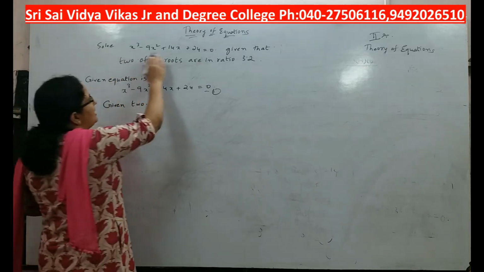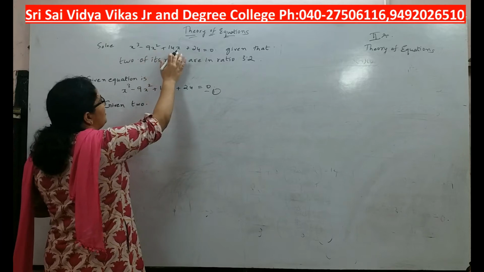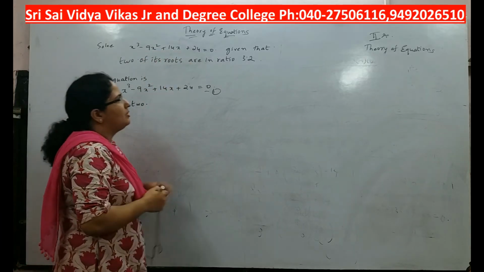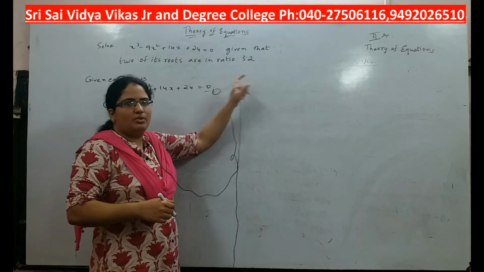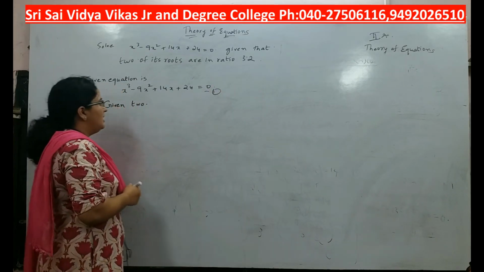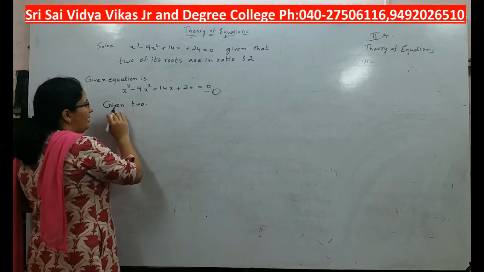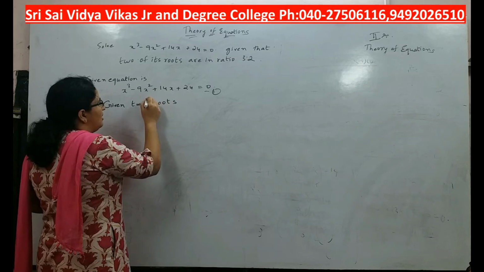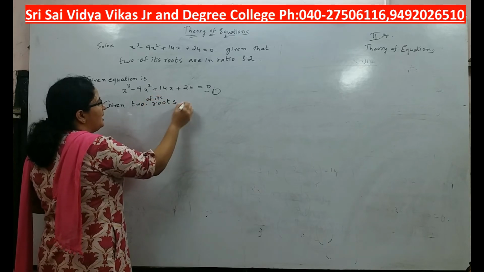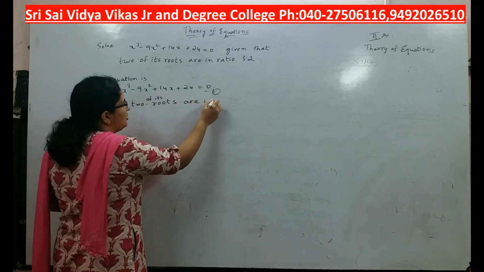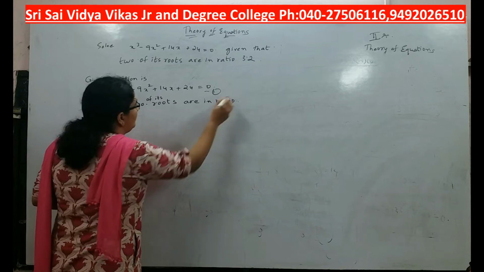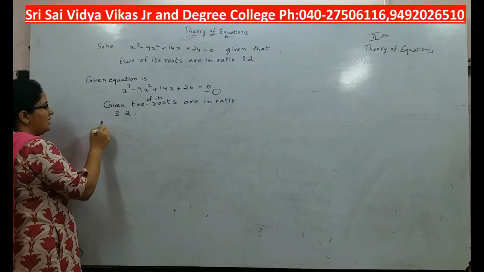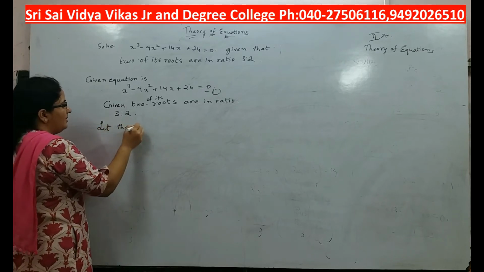You are given an equation x cube minus 9x square plus 14x plus 24, given that two of its roots are in the ratio 3:2. Two of its roots are in the ratio 3:2. So what we shall do is, let the roots be